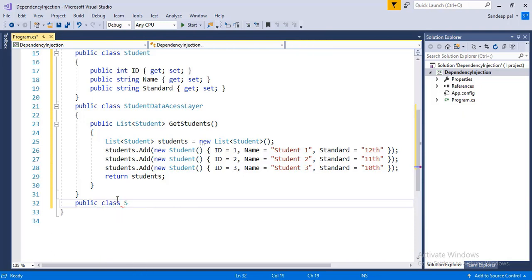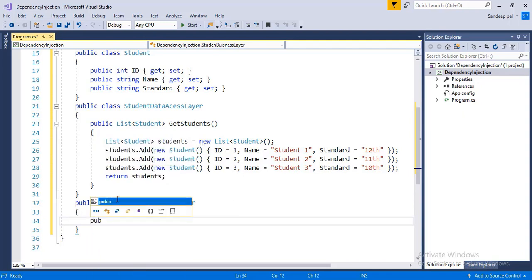Let's create another class, the student business layer class, and create a method inside this class, the getStudent method.